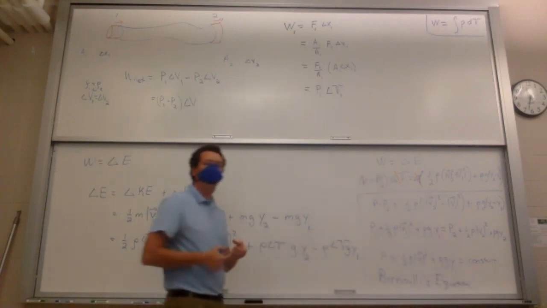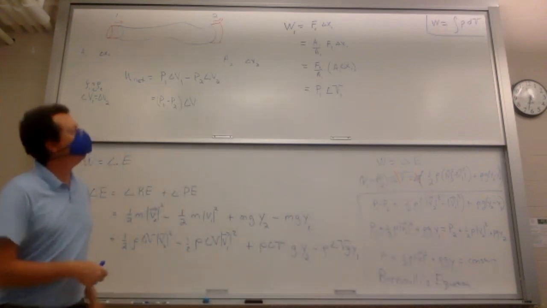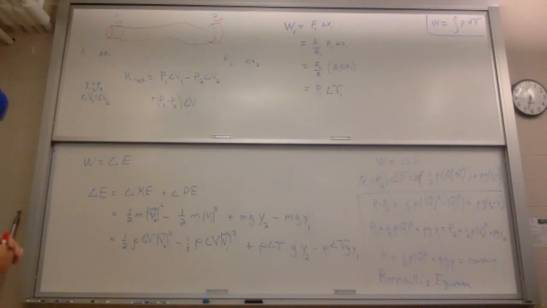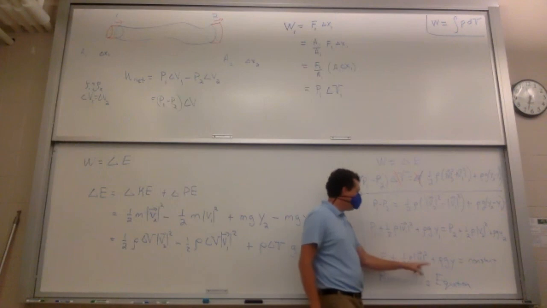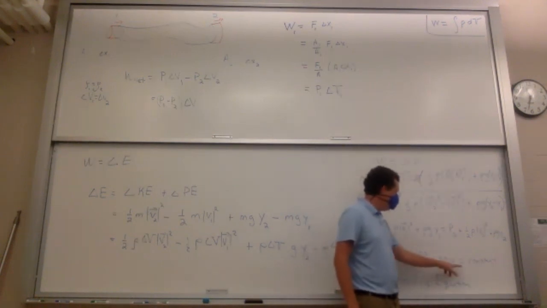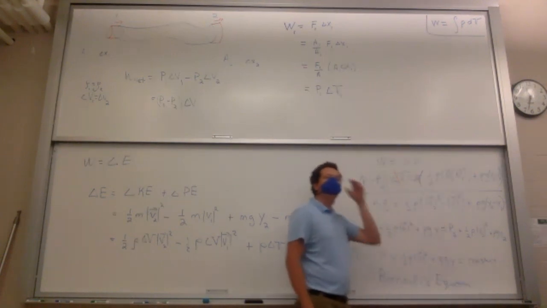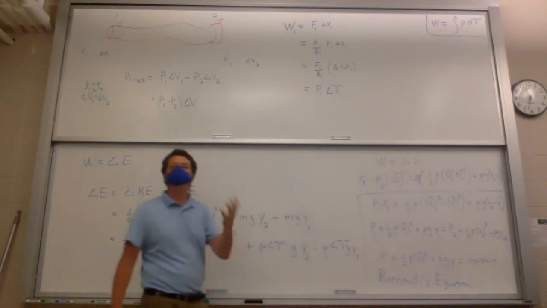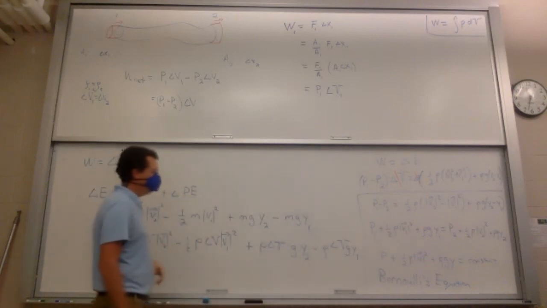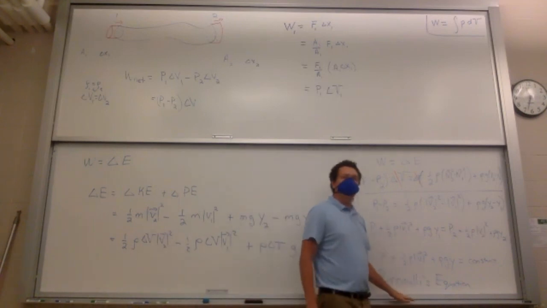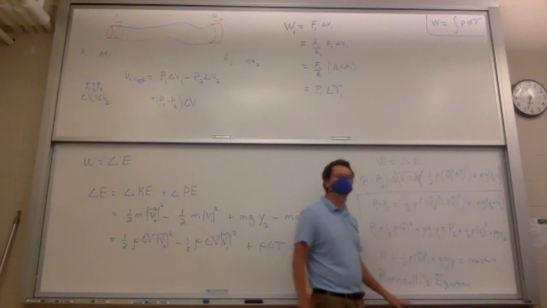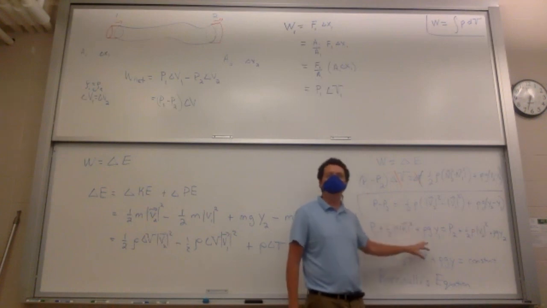Bernoulli's equation. Okay, pressure plus 1/2 rho v squared plus rho g y is a constant. That's Bernoulli's equation, or Bernoulli's principle. Questions about that? We're going to go through what that means here in a minute, but